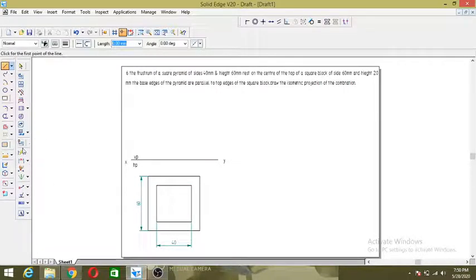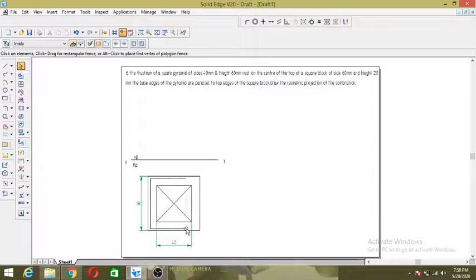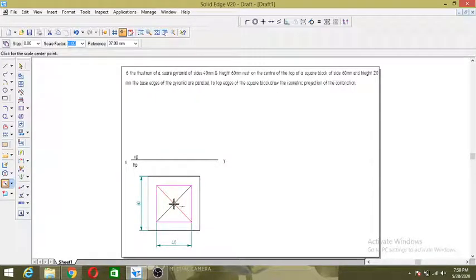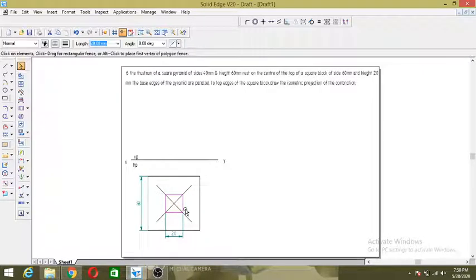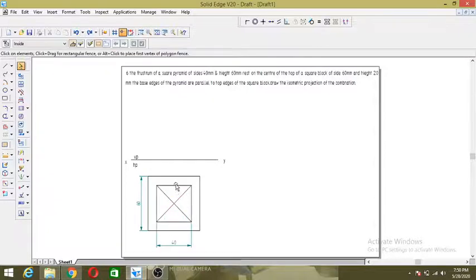Again you have to draw. Now select this, then go to scale, this is the center. 20 divided by 40 is nothing but 0.5. Say enter. Turn on the copy command, don't forget that also.